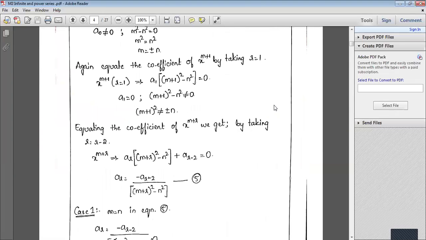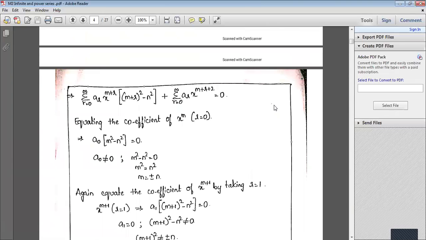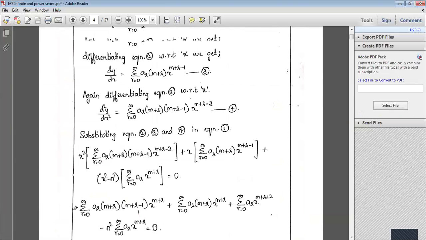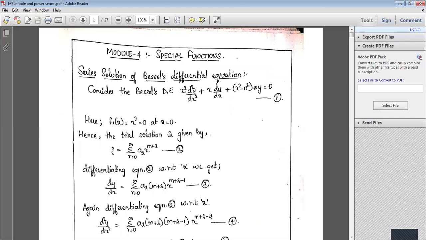Practice all these standard differential equations and become perfect. If it is problems, we need to work them out. But these are all standard differential equations. We have to practice more. They will ask series solutions of Bessel's differential equations. You have to write everything.